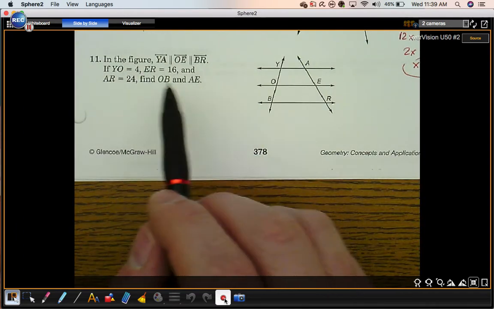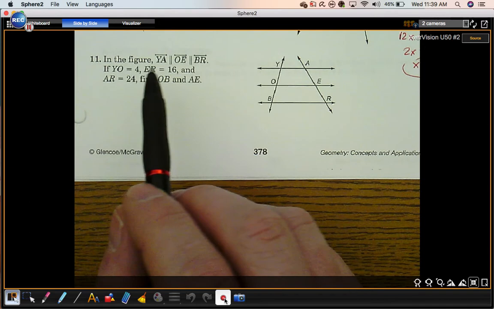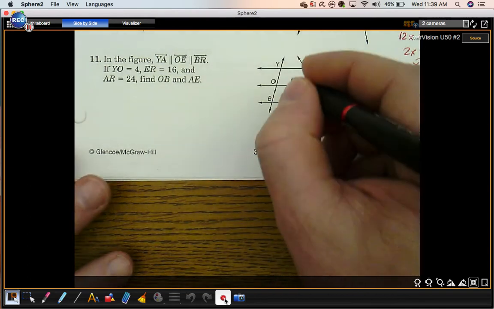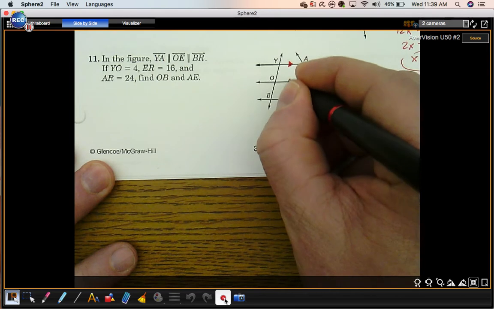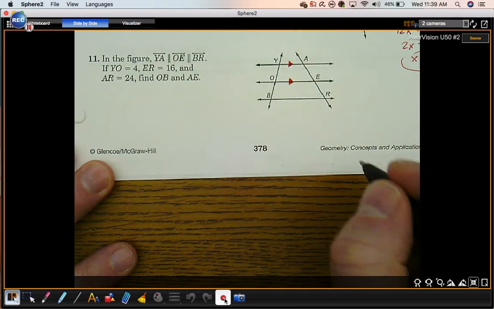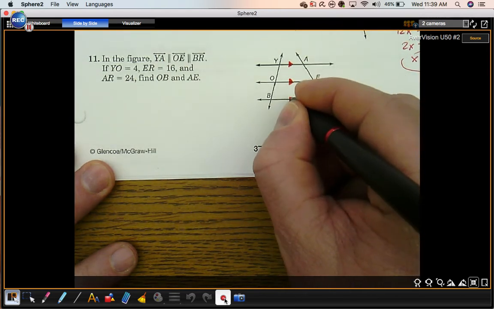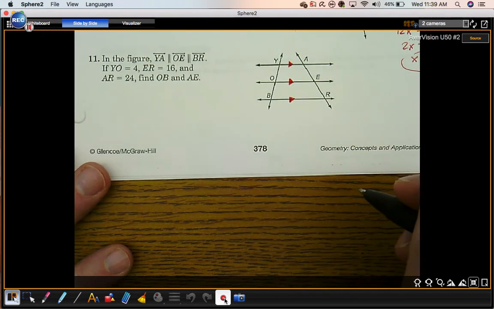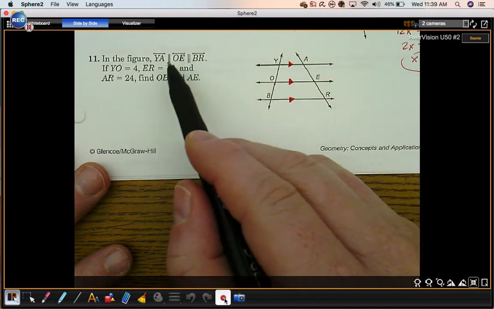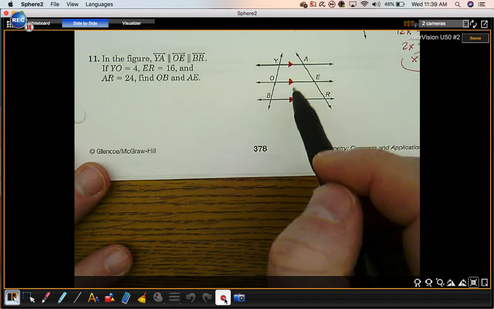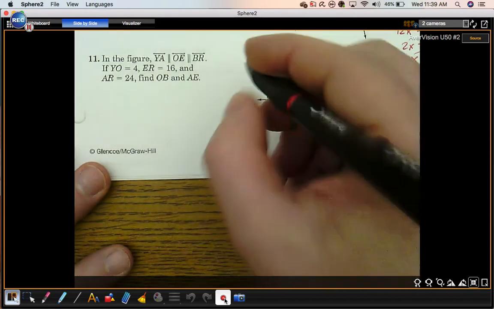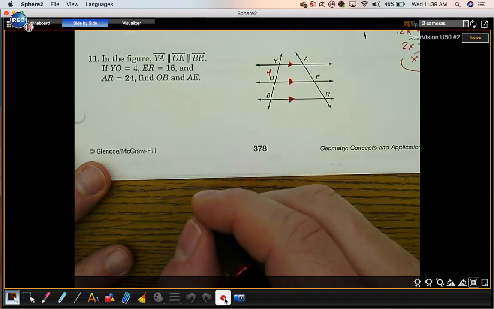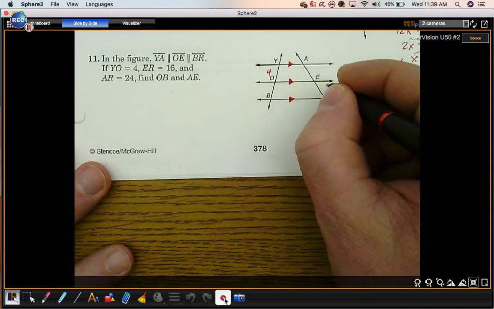Number 11, they give us a word problem. They're telling us that segment YA is parallel to segment OE, and that's parallel to segment BR. Or lines. These are lines actually, but the segments would be parallel as well. If Y to O is 4, E to R is 16,